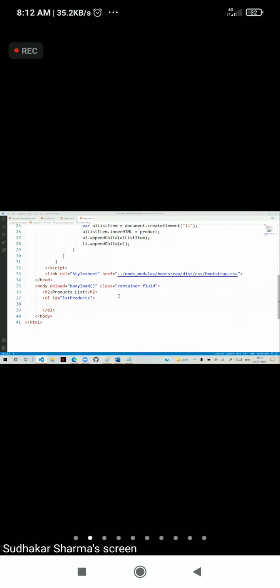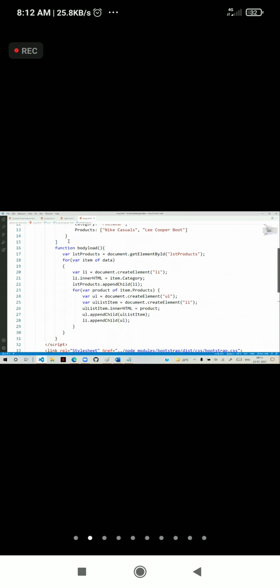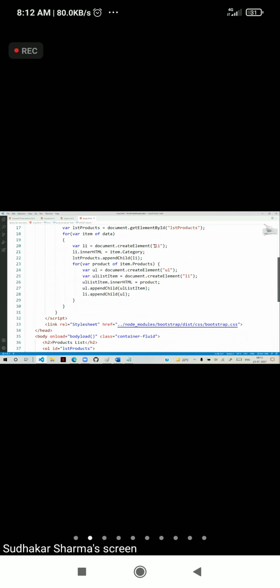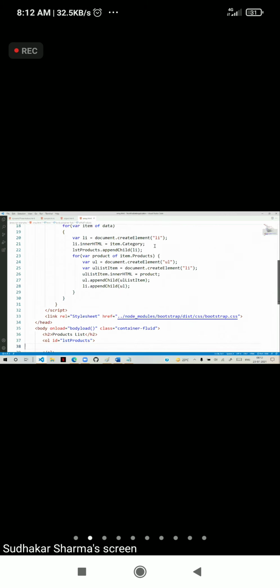That means, for example, that's just presentation. If you want to apply the styles and effects dynamically, you know that the styles and effects are done by using just Bootstrap classes. You can apply the Bootstrap classes dynamically. Suppose I want to apply some Bootstrap class to this list item. Then we can simply use the option li dot class name.